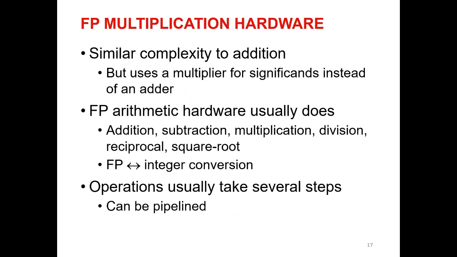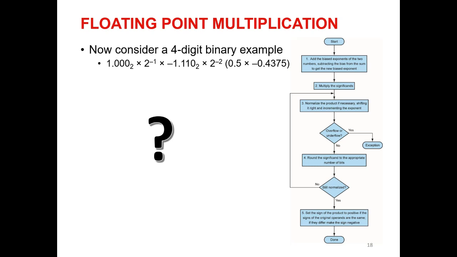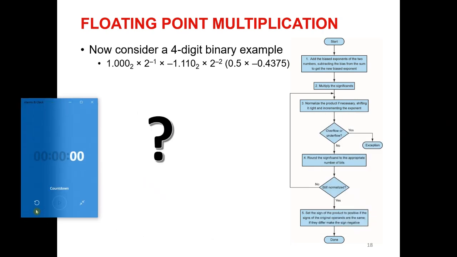Okay, so now we are going to do another exercise, but in this case multiplication, similar to what we have done with the addition. We have the same operands in binary, but in this case we are going to multiply them instead of adding them. We have here again the method that I have just shown you with the 5 steps, and I'm going to give you some time to do this, and I'm also going to place a link to a form in the Q&A. Okay, so good luck.